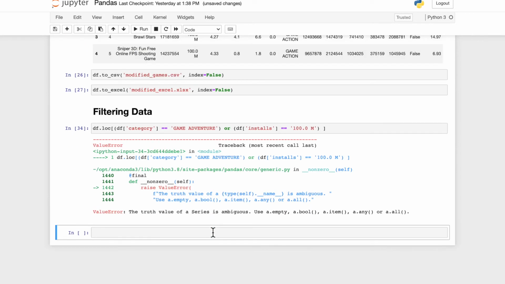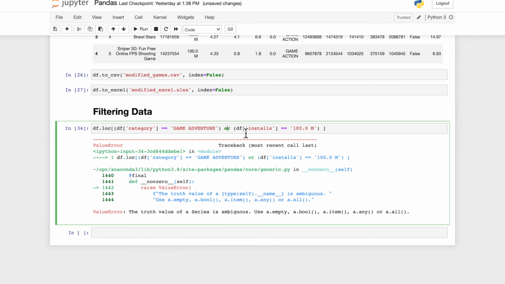As you can see, this is the error because OR is not identified by pandas. Instead of OR, we are going to use this sign. This is a standing line. If you use this particular character, it will specify OR. Now I've discussed this in my Python series as well, but just for a quick glance: